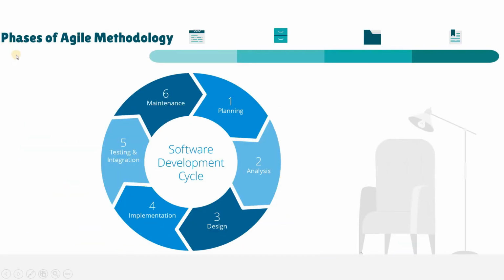Let me discuss the phases of Agile methodology. Normally, the software development process is also classified into 6 categories. In this manner, the Agile methodology is also classified into 6 phases. First step,